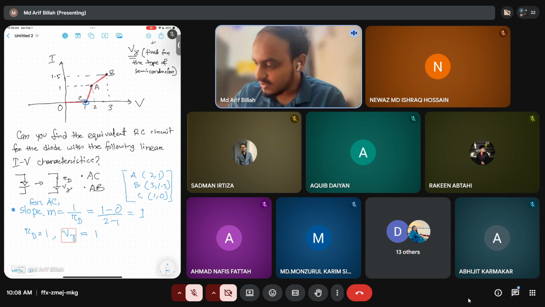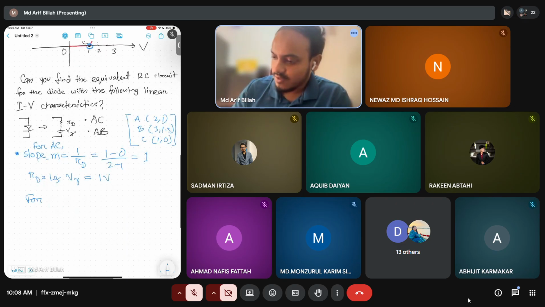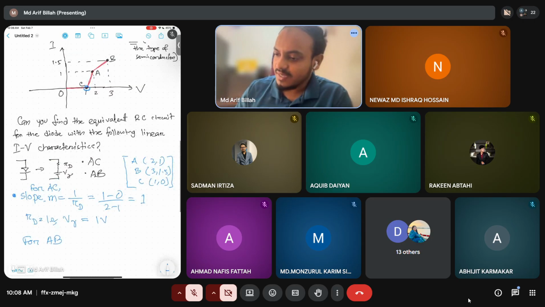তাহলে V gamma is actually 1 volt. এটা হচ্ছে 1 ohm, 1 volt. So equivalent circuit এখানে, R_D and V gamma are these values. Now for AB, for AB part,